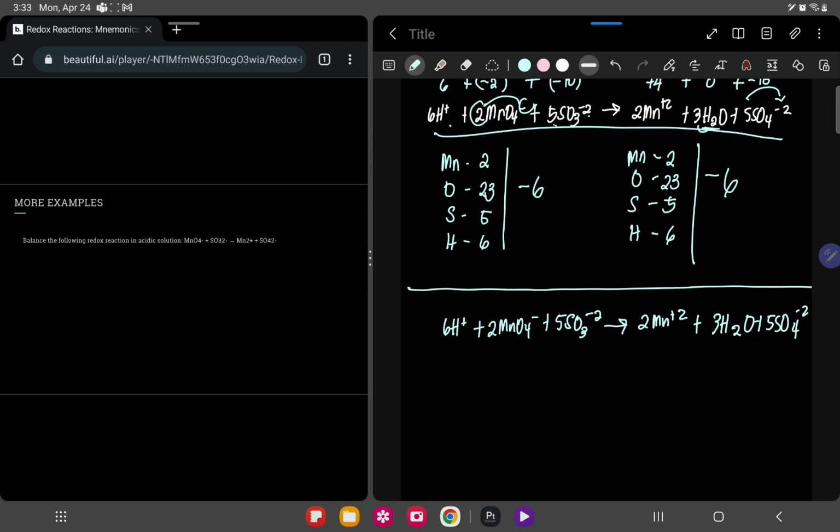If you're going to balance it in basic, we notice first that we have an acidic environment because we have a lot of hydrogen in here. So the goal here is to convert that hydrogen into hydroxide. For that, we're going to start by adding hydroxide for every hydrogen that we have. On this side, we have 6 hydrogen, so we're going to add 6 hydroxide, which has a negative charge. Now that we have 6 hydroxide on the left side, we must add